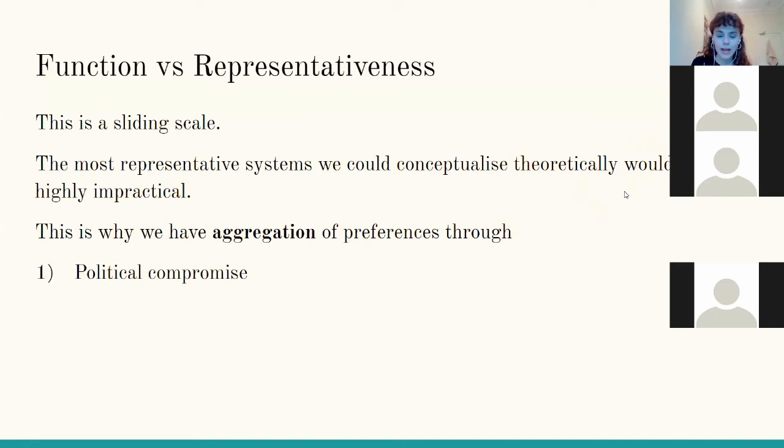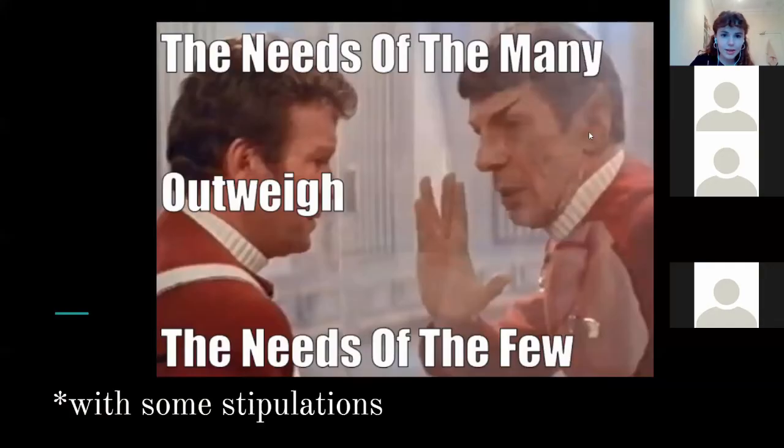So things like I'm going to vote for candidate A because I want policy A, even though this candidate probably also supports policy B, which I don't like as much, but I'm kind of willing to compromise to get a net gain for myself. And then majoritarian decision making. Majoritarian here just means that when the majority of people support something, their preferences are treated as more important than what a small minority of people think would be a better policy.